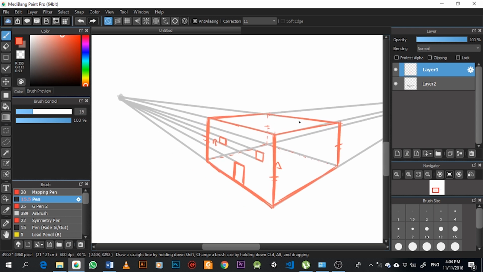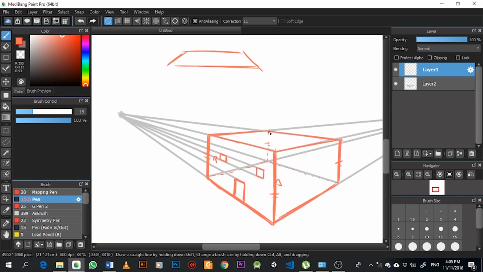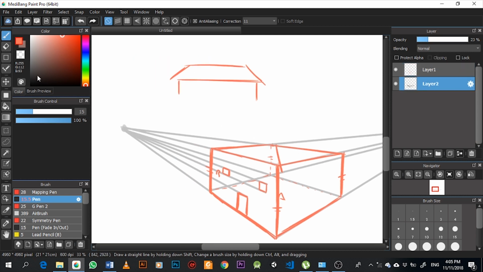The roof is a little bit complicated because when you try to draw it in 3 dimensions, you need to imagine more. For example, when you draw a roof, the shape of the roof is a little bit, it's not straight, right, in this area. So we just imagine that we have a line over here. I'm gonna use it as a reference. Okay, so based on that line, I'm gonna create